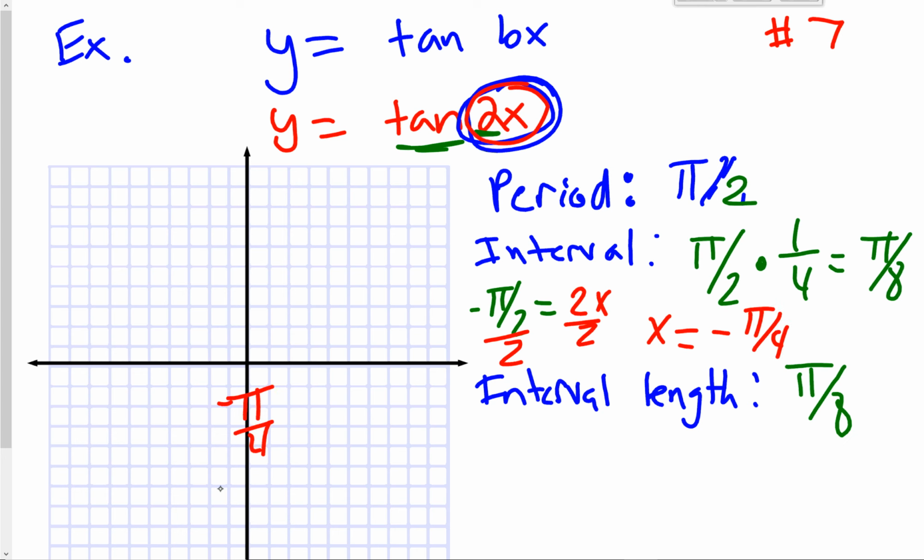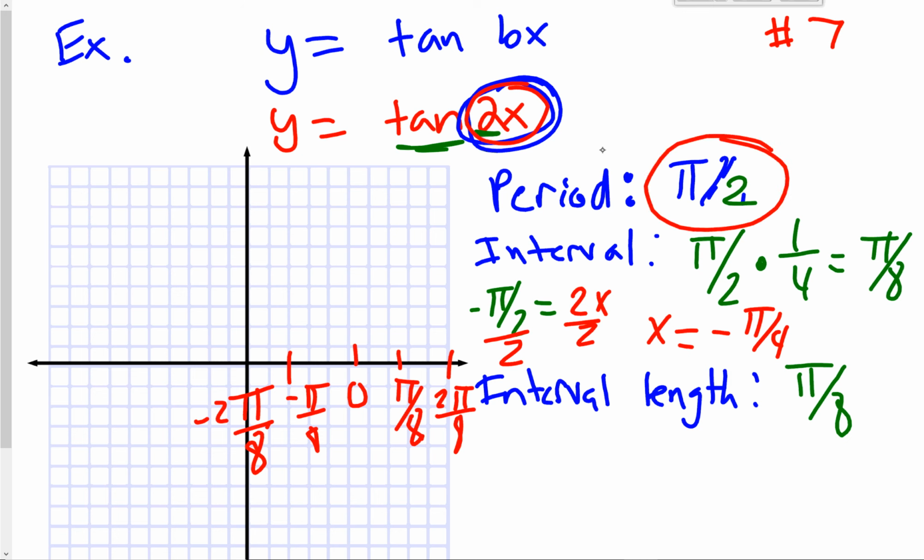Now I can add my interval length, which is pi 8. So I need to get a common denominator: -2 pi 8s. Then I add pi 8s, so that'd be -pi 8s. Add another pi 8s, I get 0, then pi 8s, and then 2 pi 8s. We can see that this distance is 4 pi 8s, which is the same as pi halves. And then my y values are undefined,